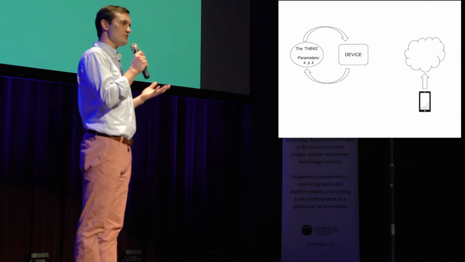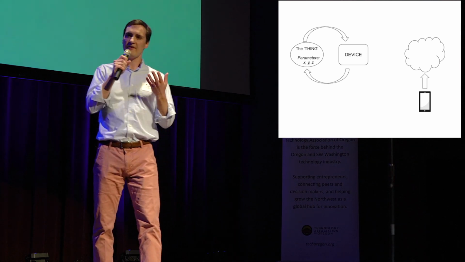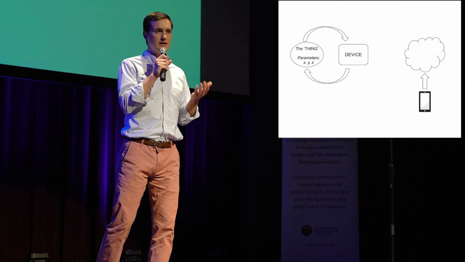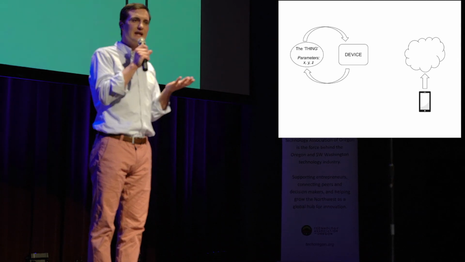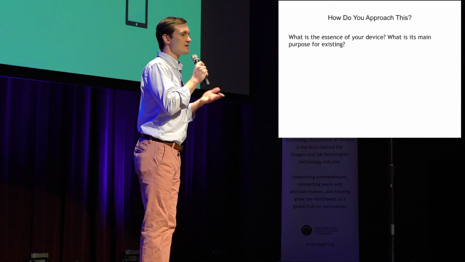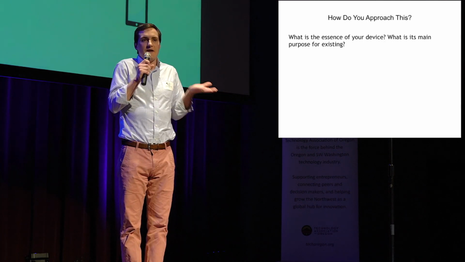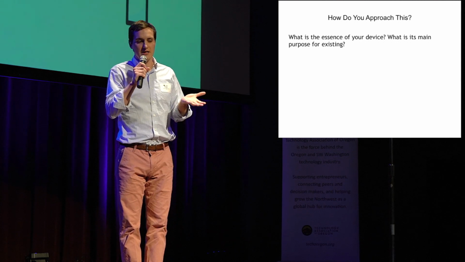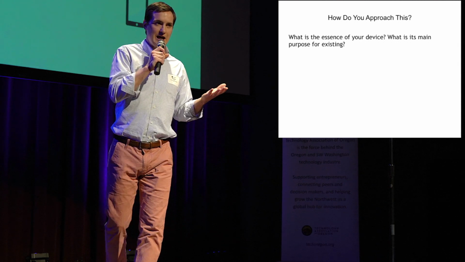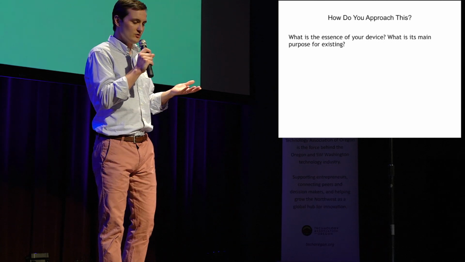Now the new parameters were calculated in the cloud. They could have been user input. They could have been data from another device or from the device itself. But the fact of the matter is X, Y, and Z were calculated on the cloud. The device itself didn't actually do anything. So now the device is going to do its thing, but it's going to do it to X, Y, and Z. And it's going to do its thing well, and it didn't have to think about why it's doing X, Y, and Z. It got told by the cloud, and it's doing its thing much better because it has more resources. So how do we approach this?